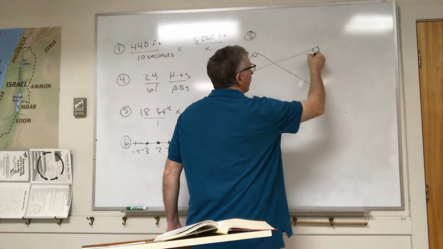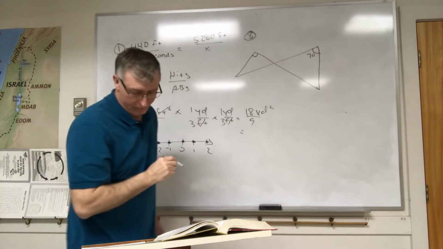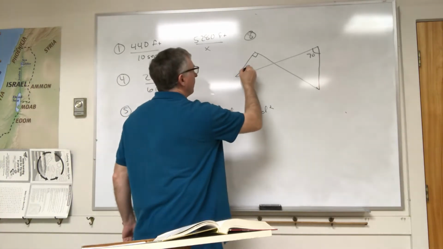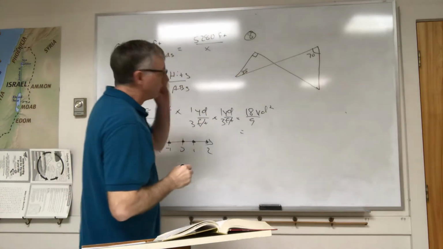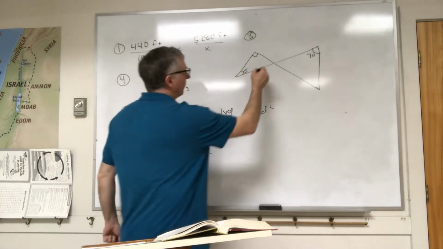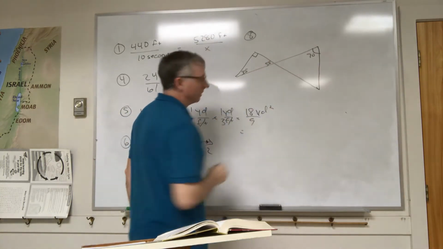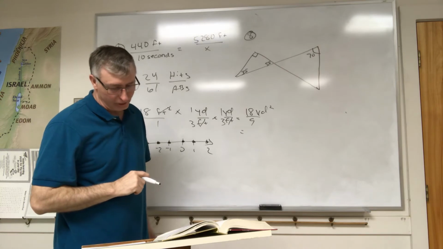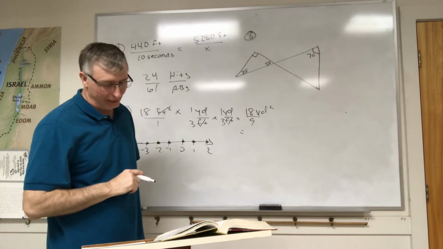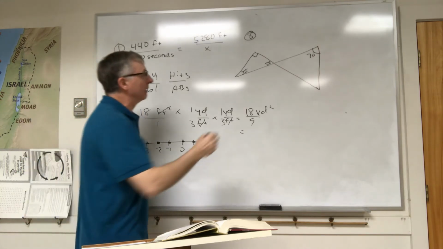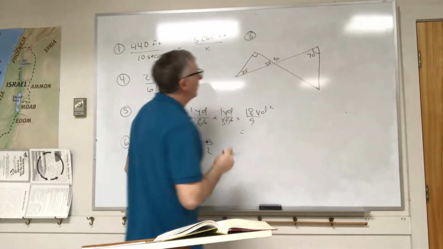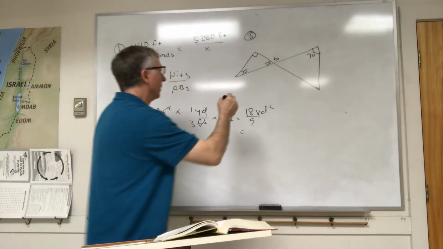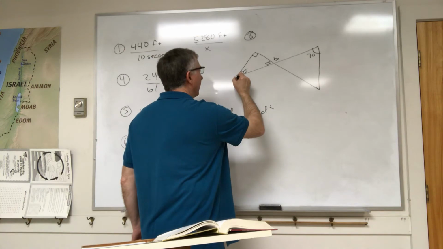And then this is 70, and this is 35. We know that this is 55 because that was our answer. Everybody got that one right. So how do I find the angle for B? B is this thing here. So if we consider this line here,